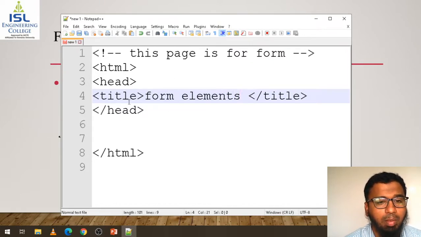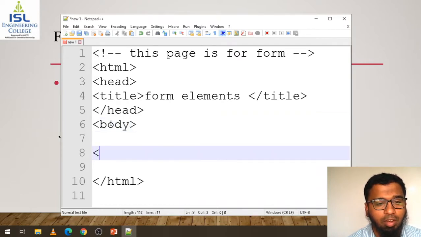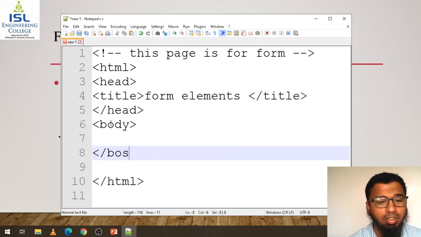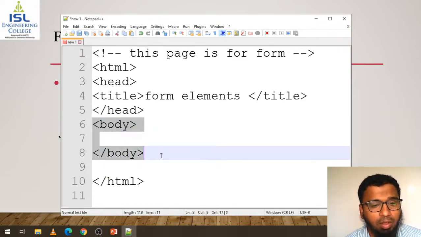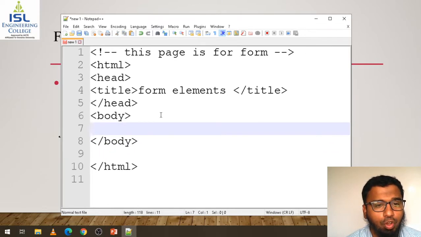My title is form elements. Next, the main structure is body and closing body. I will show you what it is used for.